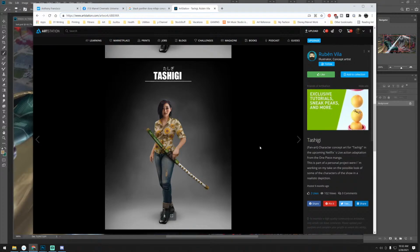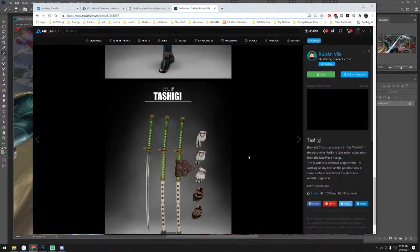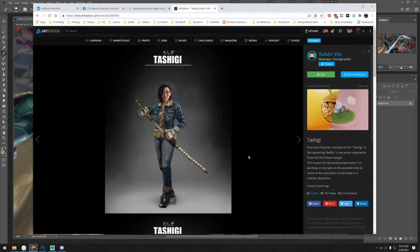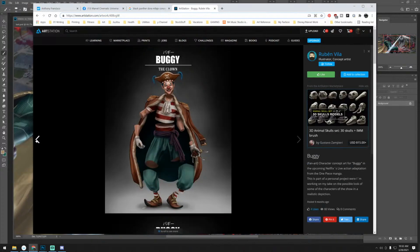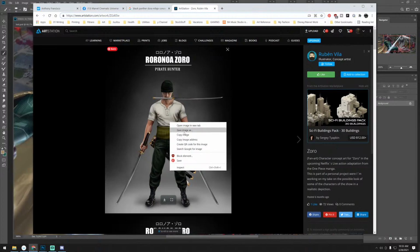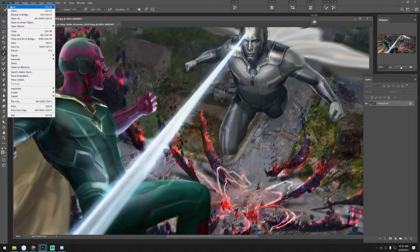One of your images, Tashigi, I think has the better pose from everyone else, because she has more character in her pose. And I guess working on your lighting a little bit better would also be helpful. So you showed me this image. Let me go faster. Sorry, I don't want to take too much time so I can get through a lot of other people. Like with this image, I would say